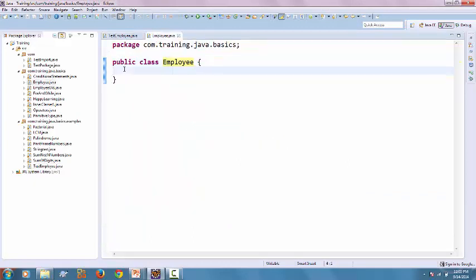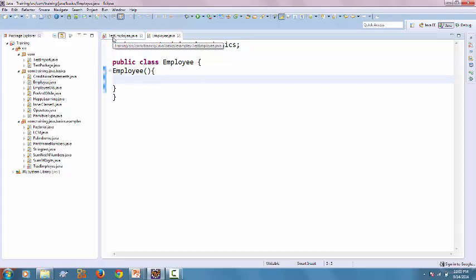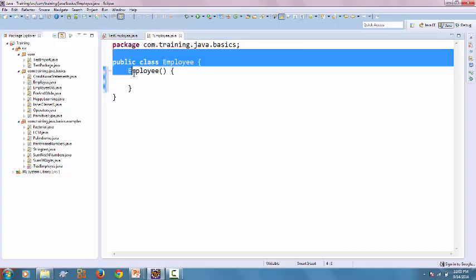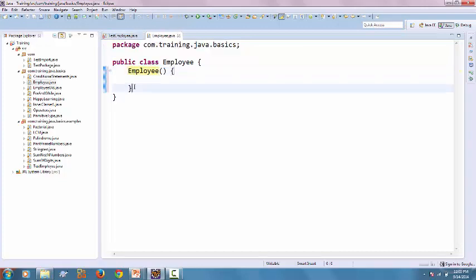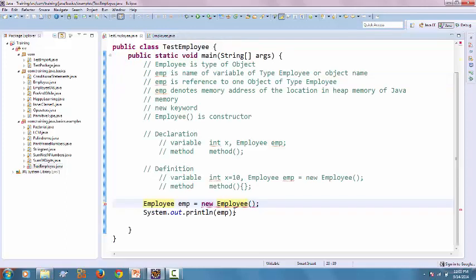So when you say constructor, I am creating an Employee constructor. A constructor is nothing but a method which has the same name as the class name. So if you see here what happens,